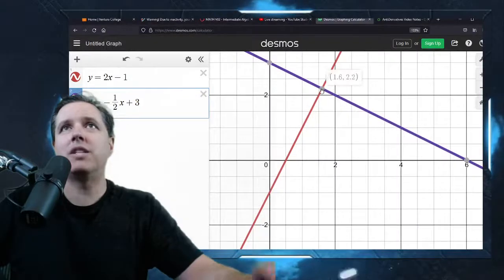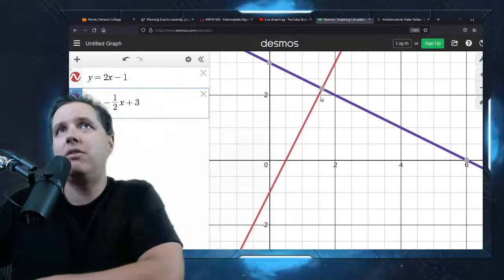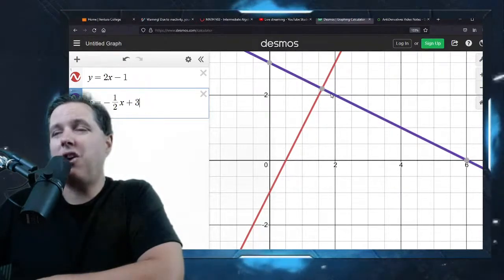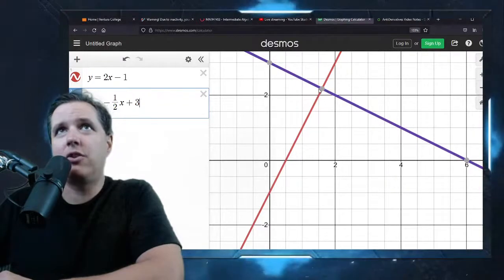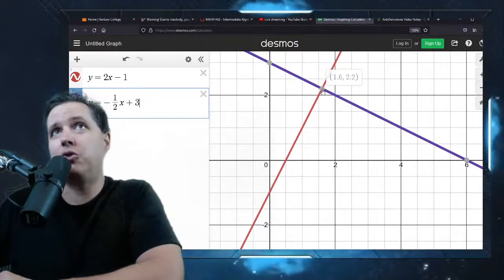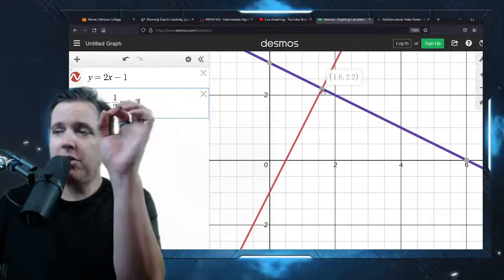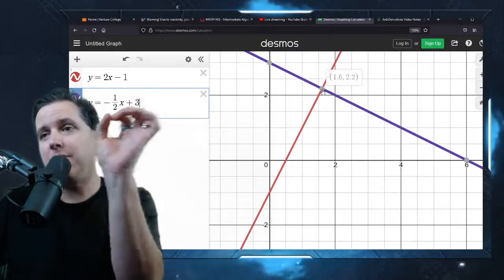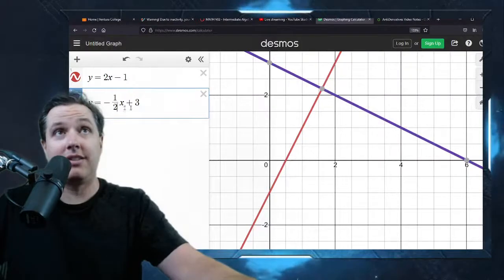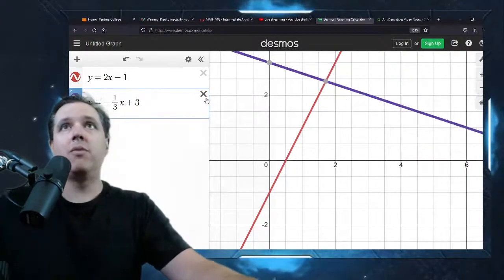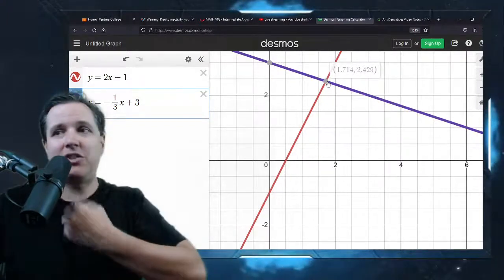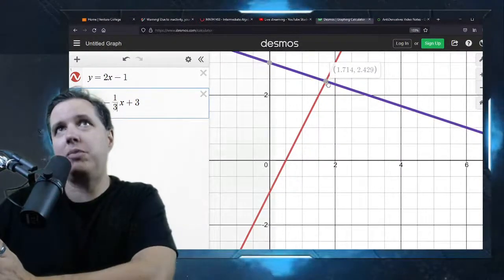So as I zoom in, you can tell it's taking place in the middle of here. It's hard to see exactly what those values are. And sure, if I hover over it, it says 1.6 and 2.2. But there's a good chance for a lot of problems that those are not the actual values. Those are approximations of the value. For instance, if we made that 1/3, we'd really be in trouble. See how we're getting kind of ugly numbers here? It's just rounding those off at 3 decimal places.